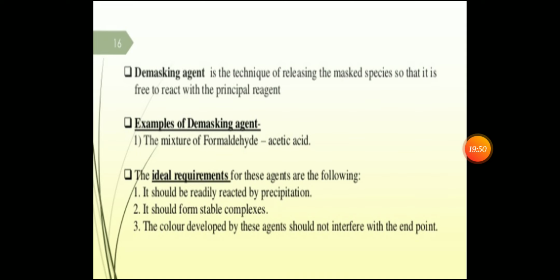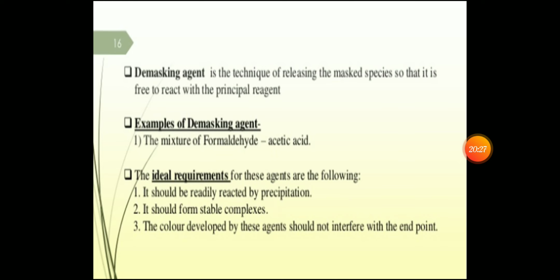What are the examples? That is formaldehyde and acetic acid is the best example of the demasking agents. What are the ideal requirements for the demasking agents? So it should be readily reacted with the precipitation. देखो हमारा लास्ट में पॉइंट आता है कि इट शुड बी रेडिली रिएक्टेड विद द प्रिसिपिटेशन. इट शुड फॉर्म अ स्टेबल कॉम्प्लेक्स ऑल्सो. ये दो तीन शब्द जो है ना वो हमें ध्यान रखना है. It should be readily reacted with the precipitation, then it should be stable, then it should give the sharp end point, etc, etc. Okay, these are the basic requirements of any